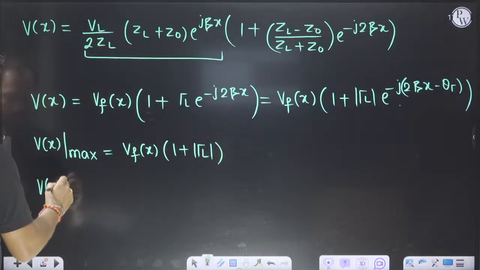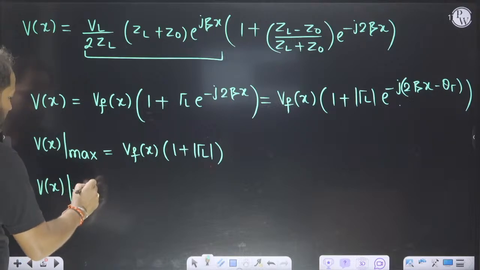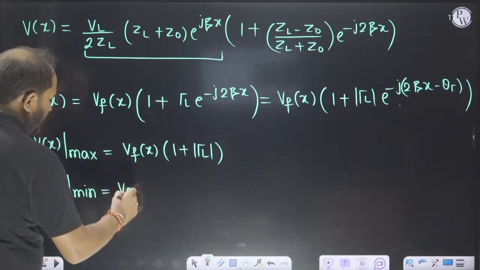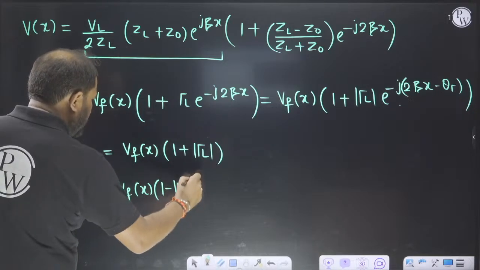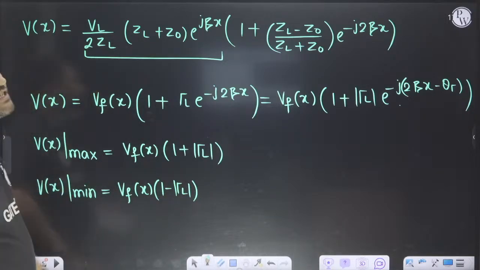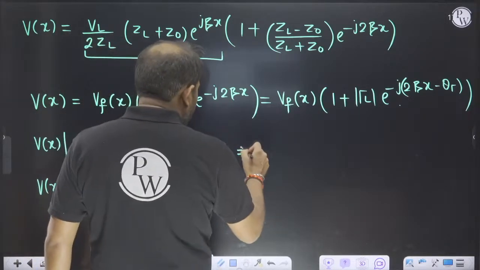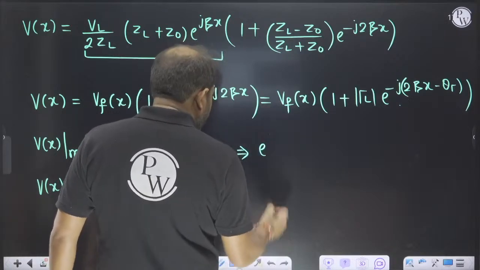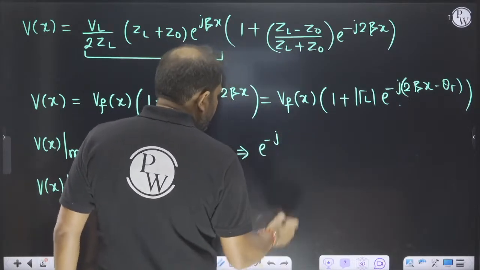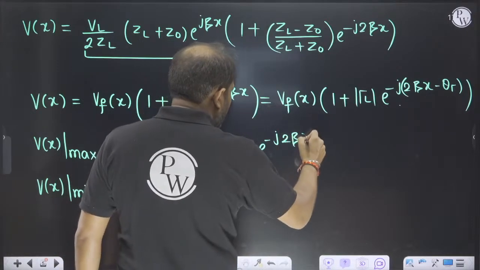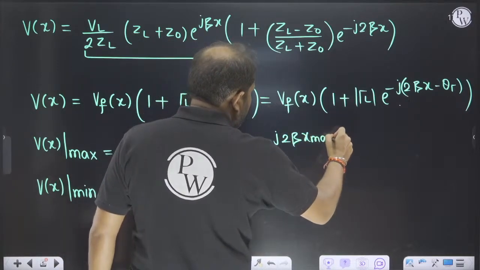If I ask what the minimum value is, the minimum value will be V_F(x) times 1 minus mod gamma_L. So in case of maxima, the e to the power minus j(2βx minus theta_gamma)